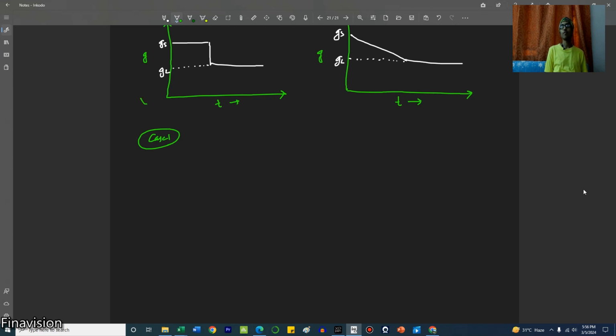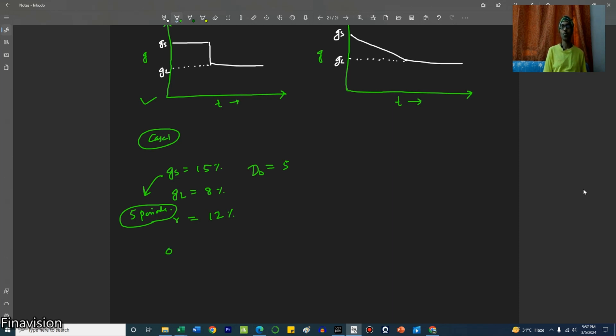Let's take case 1 first. So here, let's say the short term growth rate is 15%. The long term growth rate is 8%. The required rate is, let's say, 12%. And the initial dividend, that is D0, is equal to $5. And this short term growth rate goes for 5 periods. Okay. This is our example. Let's see how this plays out.